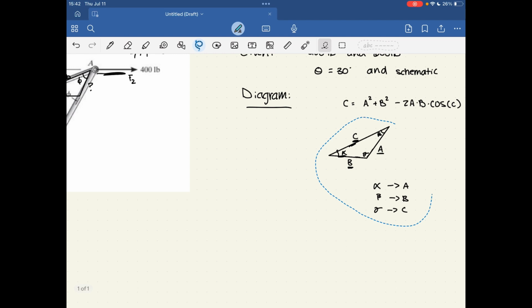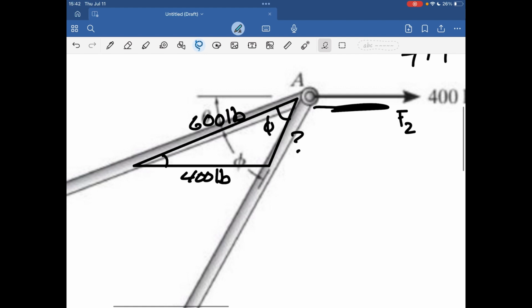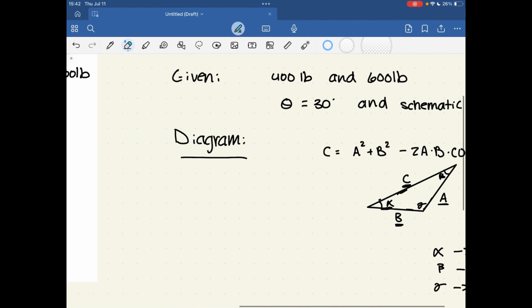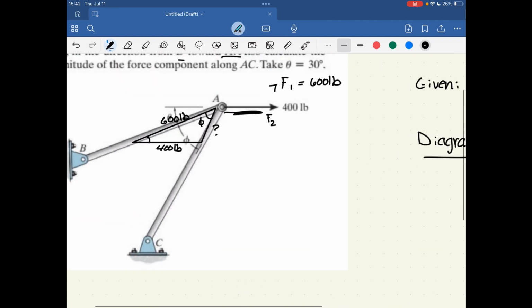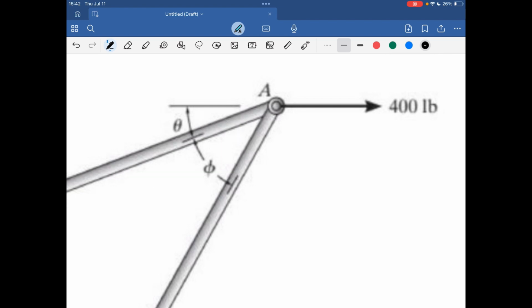All right, now that we know how to figure out which side belongs to which angle, let's go back to this problem right here. We know that this side is 600 pounds, and the bottom side is 400 pounds. All we need now is one single angle, because to use cosine law we need two sides and one angle. But the angle has to open up to the unknown side that we're trying to find. So that unknown angle,